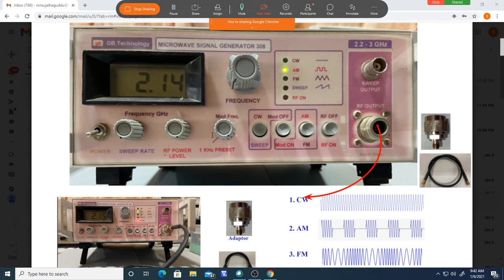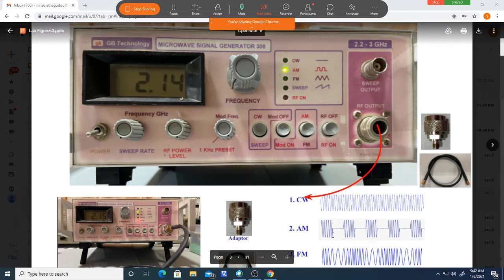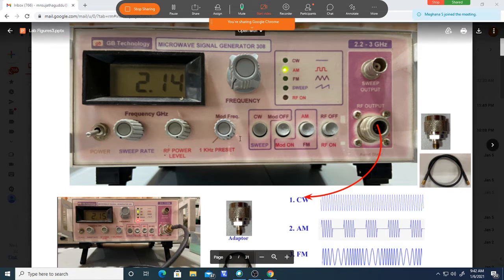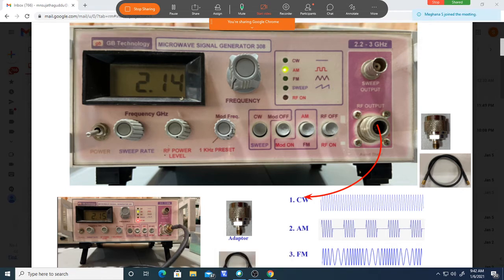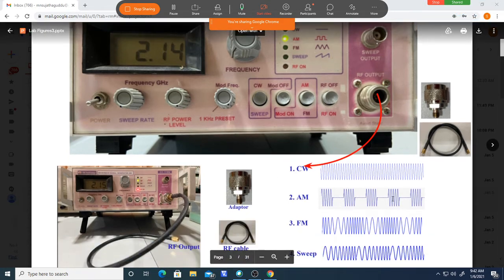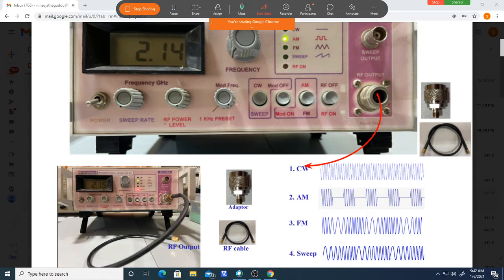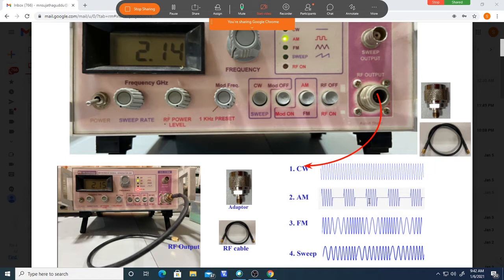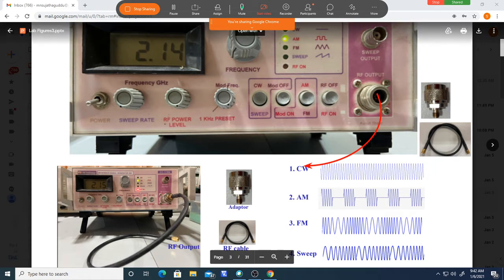This knob, if we keep it in this position, we will be getting a modulated waveform with a 1 kilohertz modulating square wave frequency. But you can rotate this and vary the frequency of the square wave a bit. This is modulated. Modulated means it has a carrier and the square wave. The square wave is the modulating signal. The carrier is whatever you set here, a gigahertz signal. So that modulating signal frequency you can adjust using this knob.